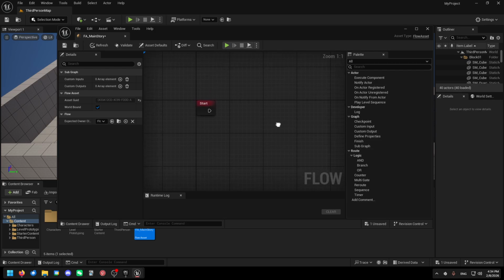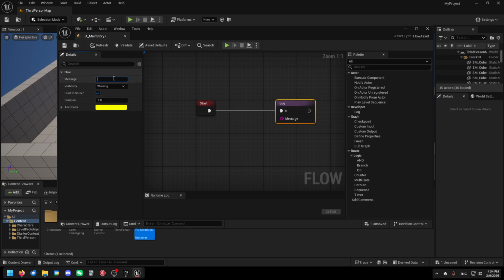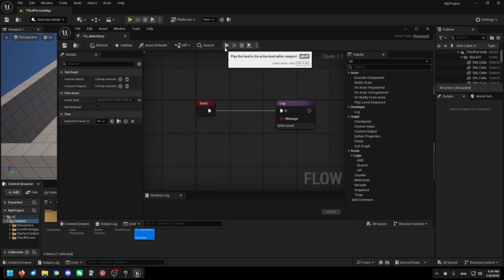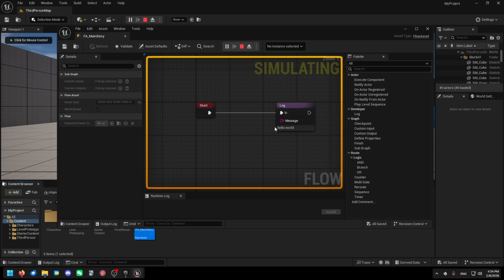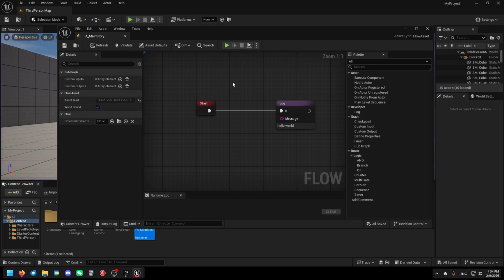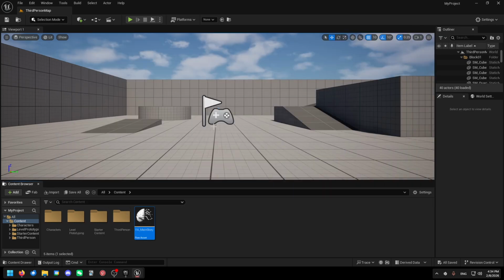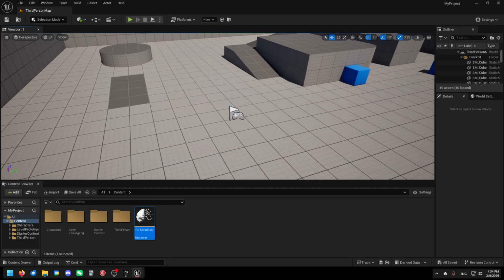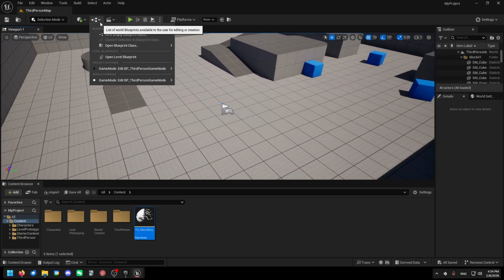So yeah, let's start with the most basic FlowGraph. First we have Log. This is going to print something. We're going to connect this node here. And then this one's just going to say, hello world. Okay, cool. And then I hit save, and then we can hit play. You can see nothing happens. This is because this is just a Flow asset. We actually have to register it somewhere so it starts playing. So I'm going to do that inside the